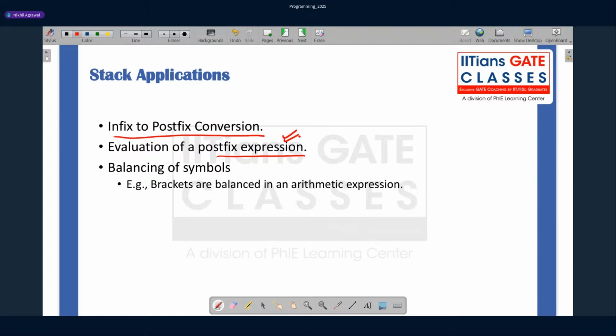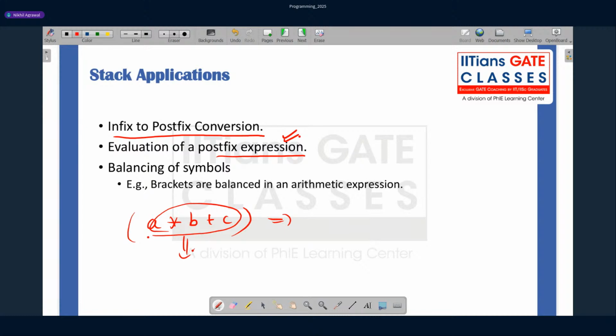Okay, no problem. The context is that as programmers, whenever we write an expression, we always write in simple terms like a into b plus c, right? But when the actual expression gets evaluated, the compiler, which converts our high level programming language to low level language or assembly, internally converts the expression to postfix expression, because evaluating postfix expressions is faster.